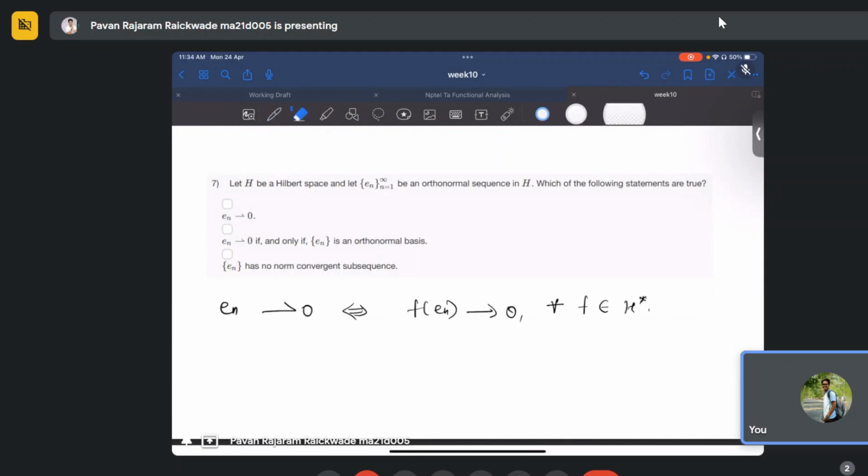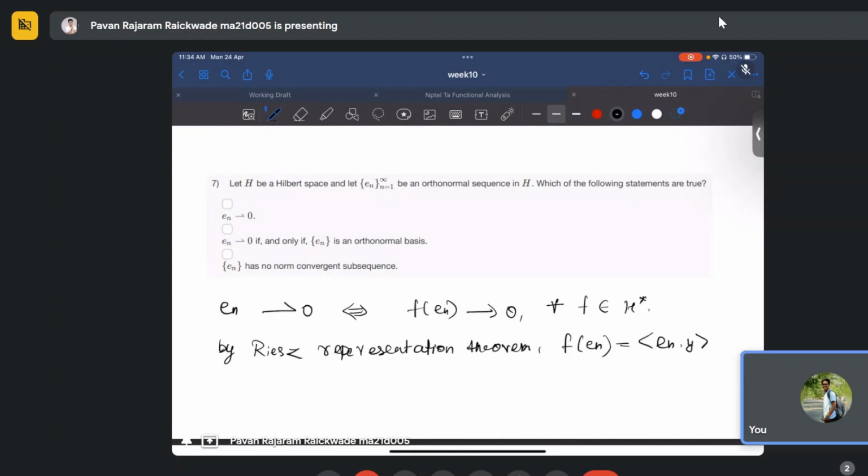But what we know, by the Riesz representation theorem, is that there exists y such that f at En is the inner product of En with y. For every functional there exists such a y, right? So I can write